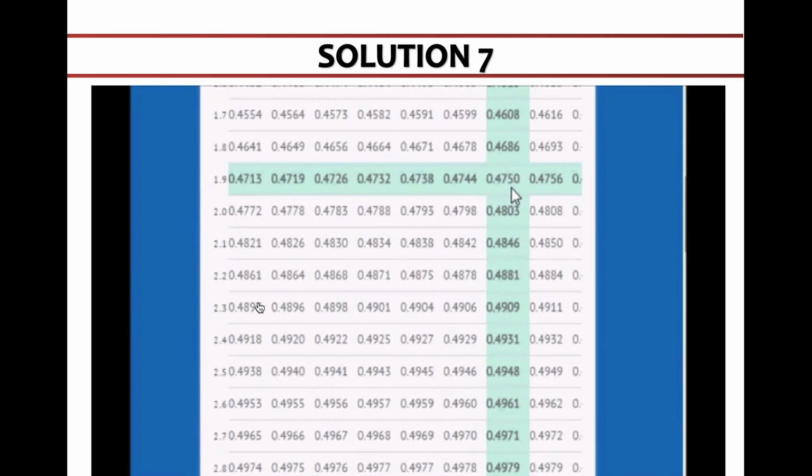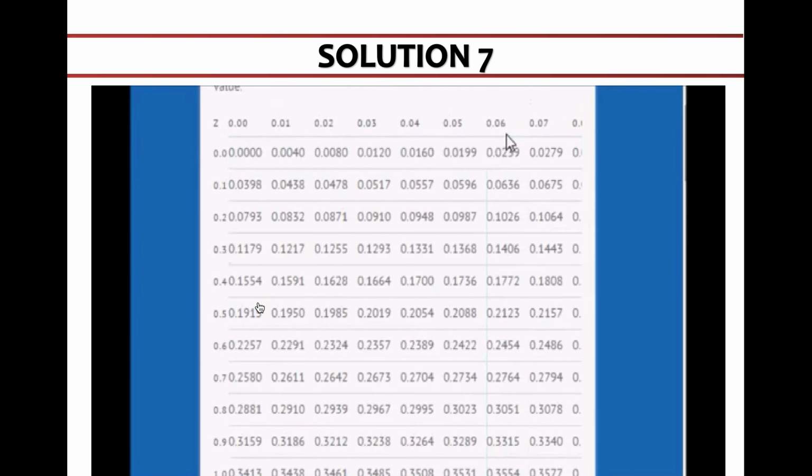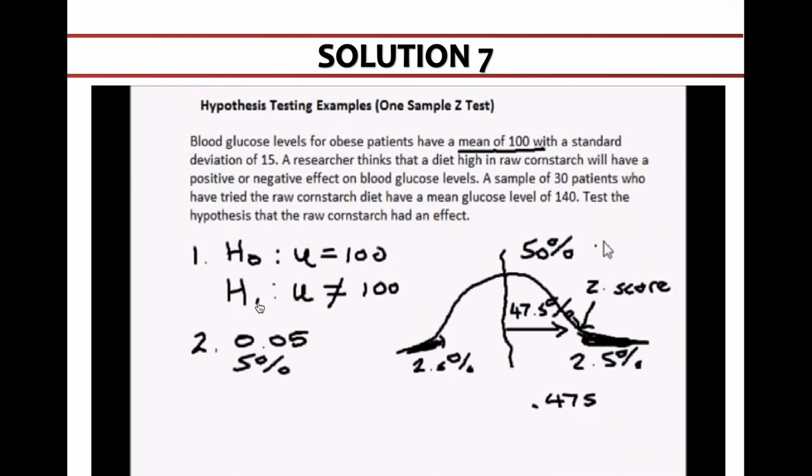And there's 0.475. It's a z-score of 1.9. That's in the row 1.9. And if I scroll up, 1.96. So my z-score at this boundary is 1.96. And because the curve is symmetrical, that also means this z-score is 1.96, but this side is negative. So we've got negative 1.96